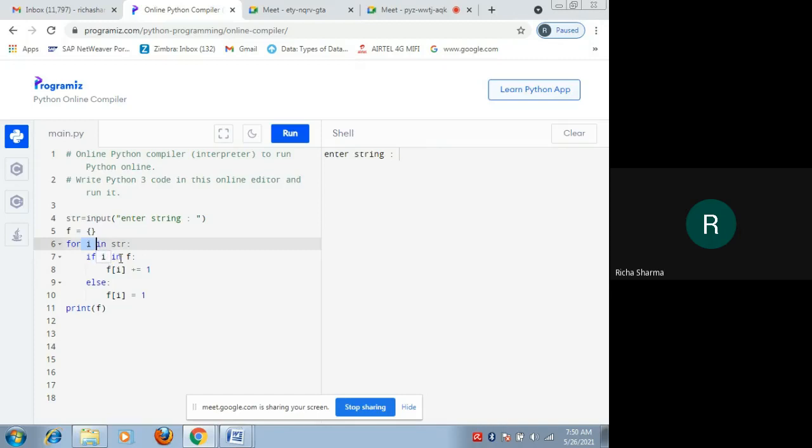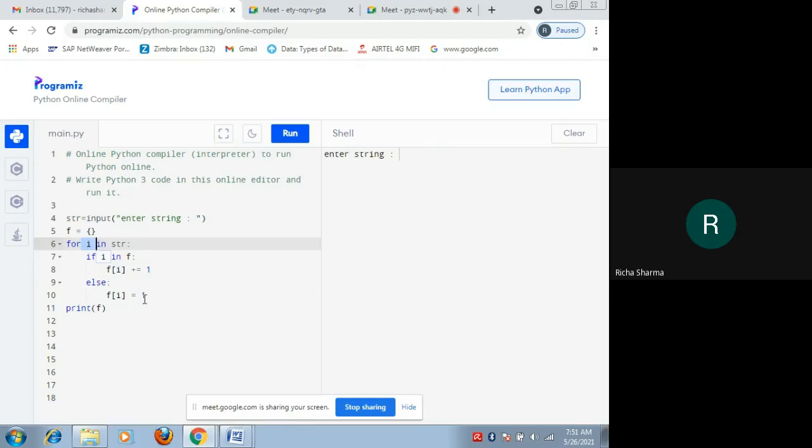If O in f, O is not present in f yet, so we will again execute line number 9, the else part, and then come to line number 10. So f of O, the second key value pair will be generated for O. So f of O is equal to 1. That means O has occurred one time so far.